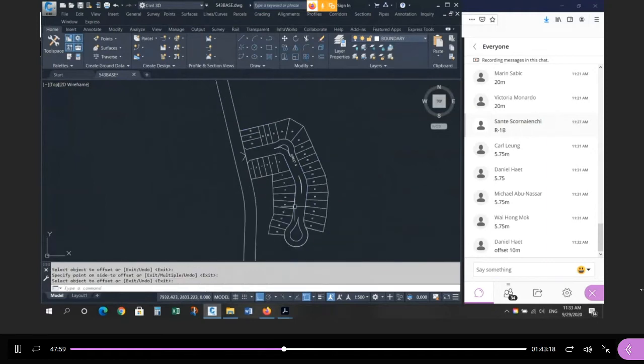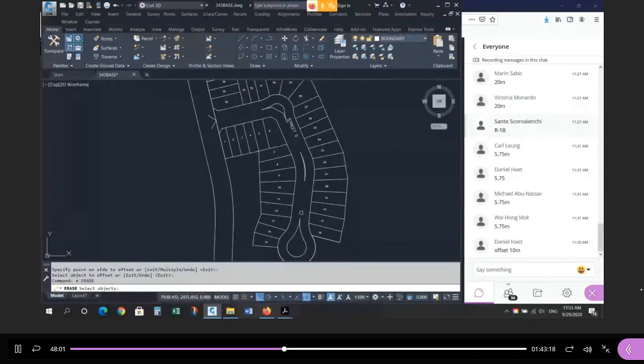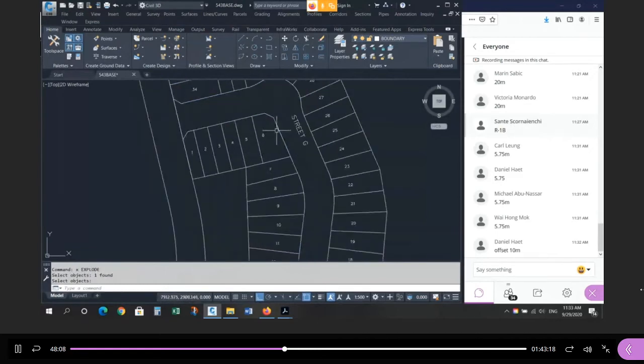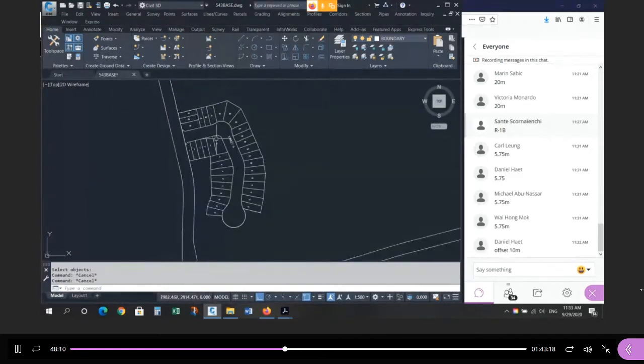Kind of wacky stuff happens. See that? It's kind of weird. So I'm going to get rid of that, and I'm going to explode it. And I'm going to offset using one side. Okay. Now when you're coming around, just use